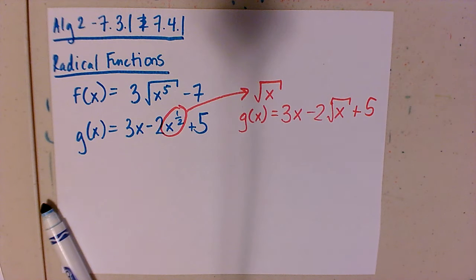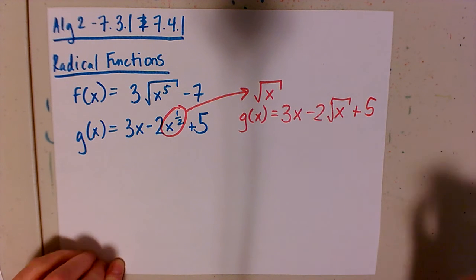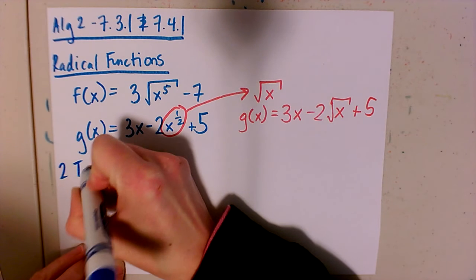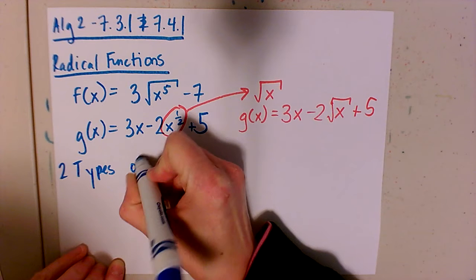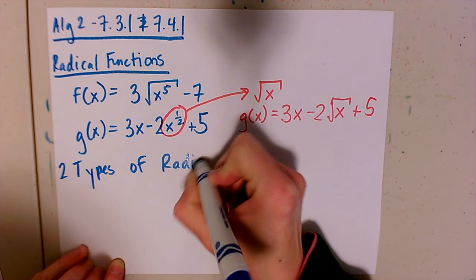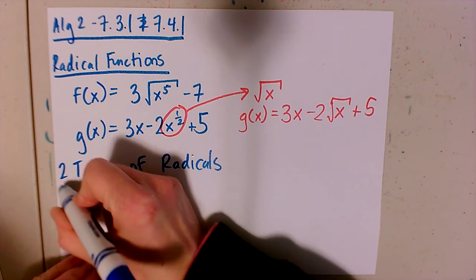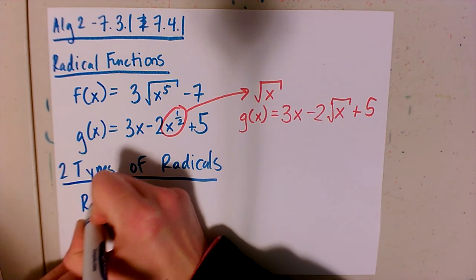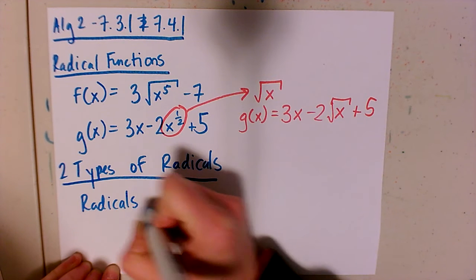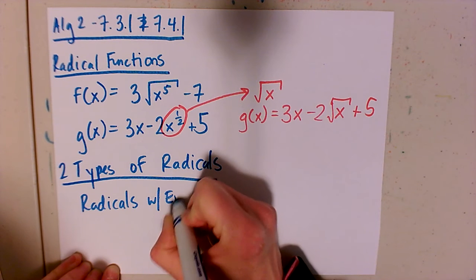Okay? So the domain of a radical function, it's the set of real numbers that makes the radical expression a real number. And so there are two things that we can say about the domain of radicals. Well, there are basically two types. Let's start with this. There are two types of radicals. There are radicals with even roots,